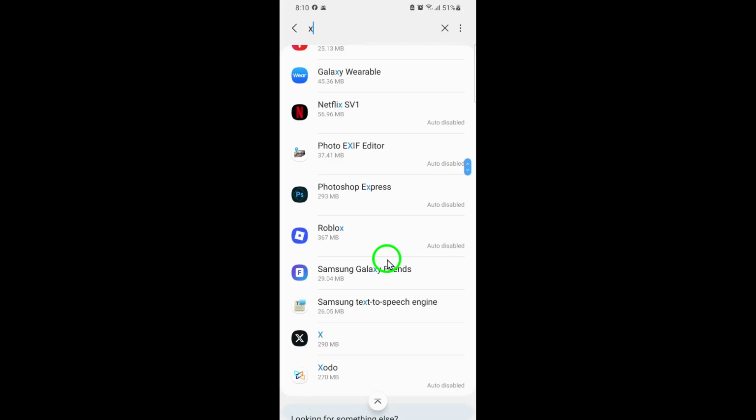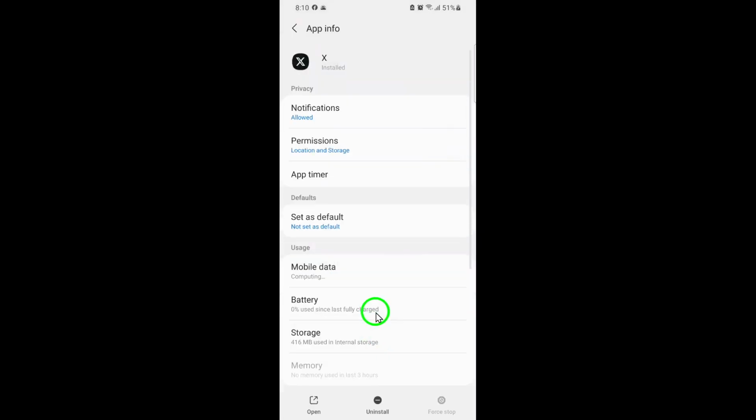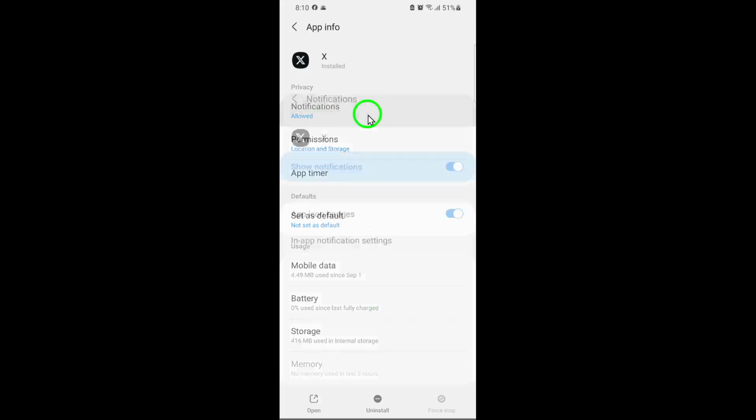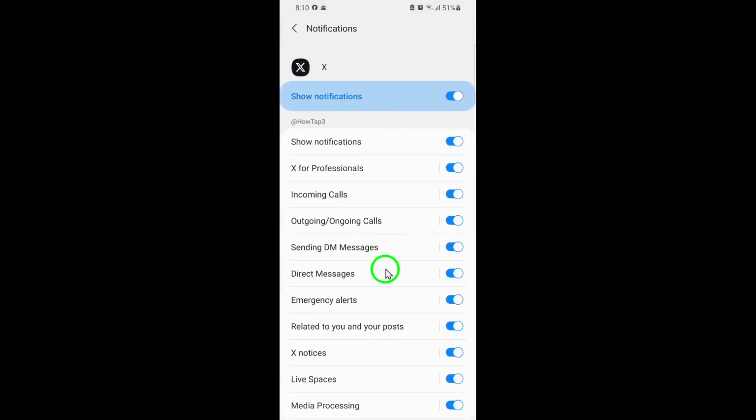From here, look through the list and select the X app. Once you tap on it, you'll see several options that let you control how the app behaves on your device. Now choose the Notifications option. This is where you can decide exactly what types of alerts you want to receive or don't want to receive